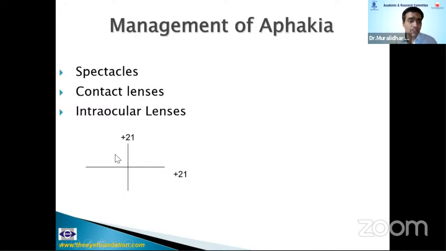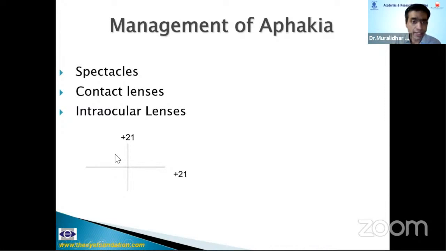Bifocals, I prefer giving executive bifocals, but for less than 2 to 2.5 years, the child's interest is for near. So you would give a 2 diopter overcorrection. So which means 2 diopters subtracted for the working distance and 2 diopters added to give the child a good near vision. So that means whatever you get in the astigmatic cross, the same thing you have to give.